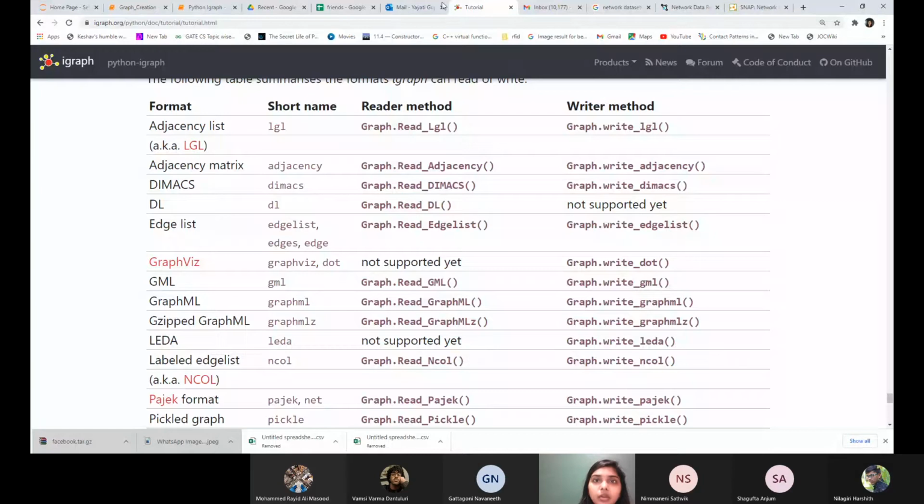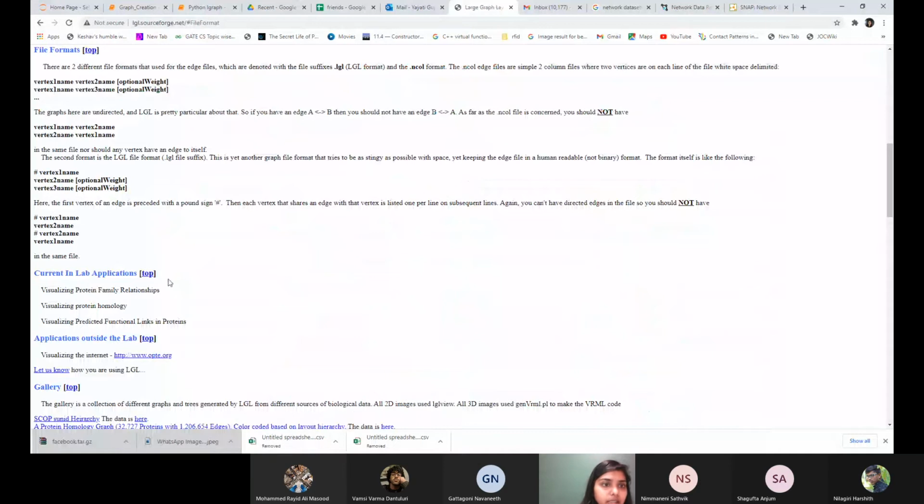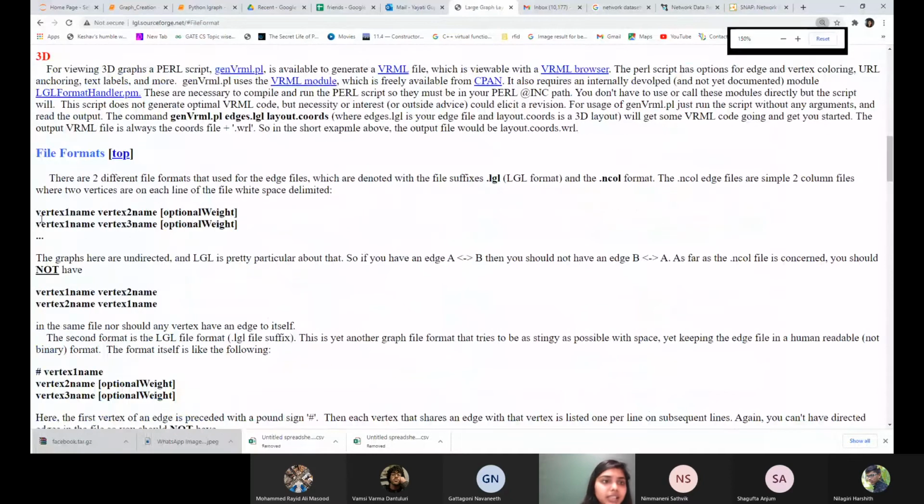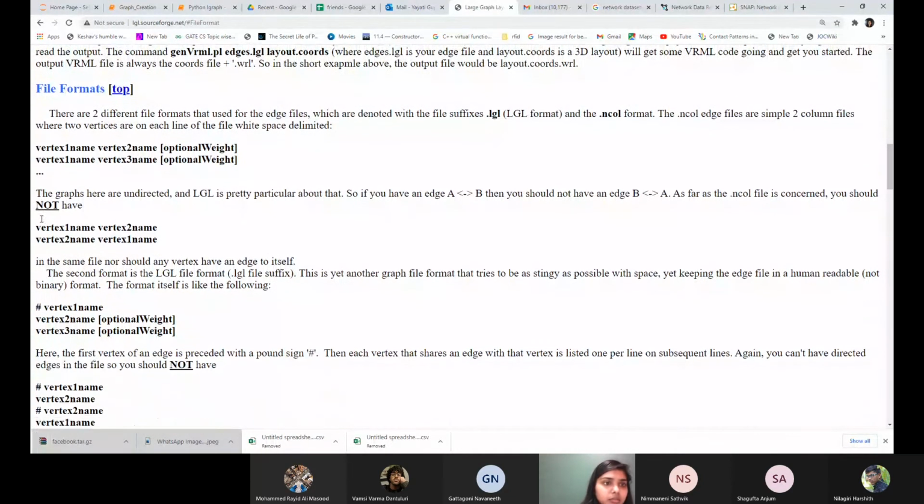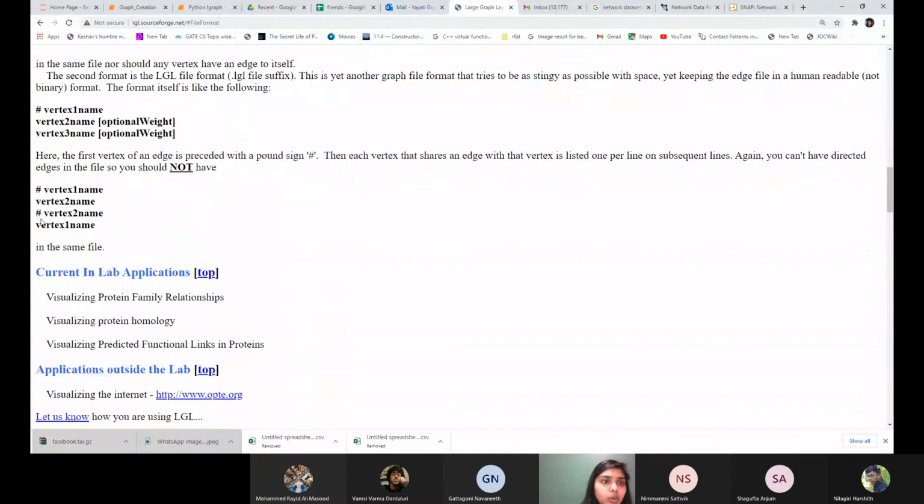But what the LGL format demands from you is a different thing. You can actually open it and see its format actually varies. It says that you should have a hash and then the vertex name here. Hash means I'm going to define the adjacency list for this particular vertex, followed by which vertex it is adjacent to.